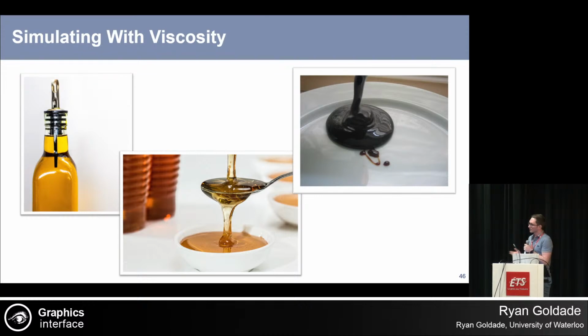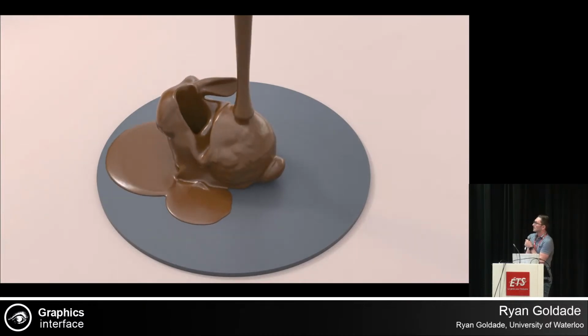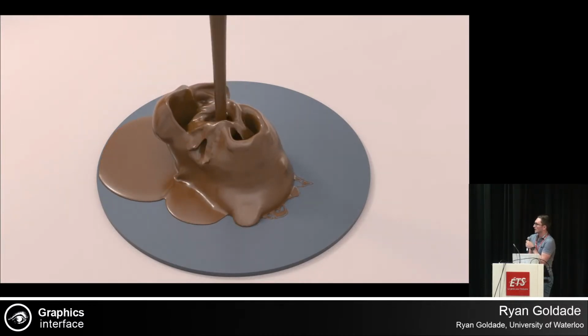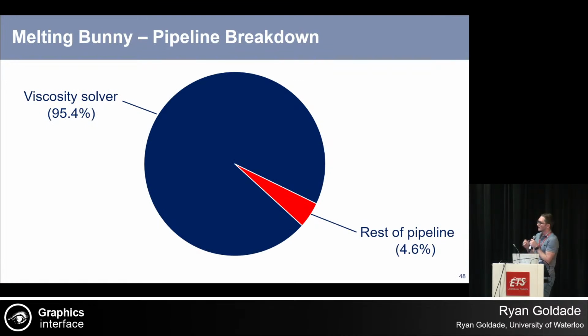which is an important component of a fluid simulator when you want to simulate fluids like oil or honey or molasses. And you can also do artistic things here, like you can simulate melting a bunny using viscosity, where the viscosity coefficient was based on an artist-driven temperature. But there's a huge problem in doing it, and that's it's really, really slow. Like 95% of the simulation time was taken up by the viscosity solver,